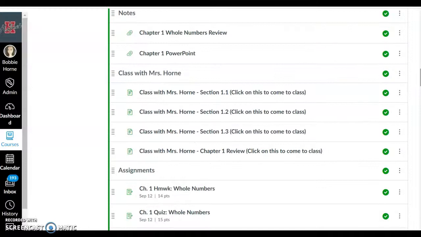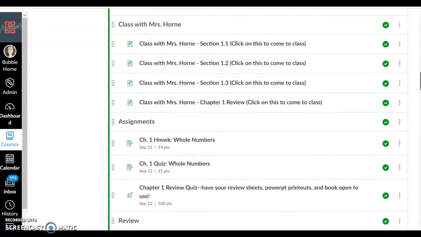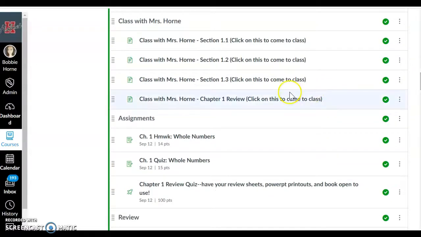Now, the way that I have this set up is you have your notes up here, and then there are videos of the PowerPoint lectures, and I'll probably make additional videos. But you'll watch the videos, and this is like being in class. So you go to class, your instructor goes over the material, and then you